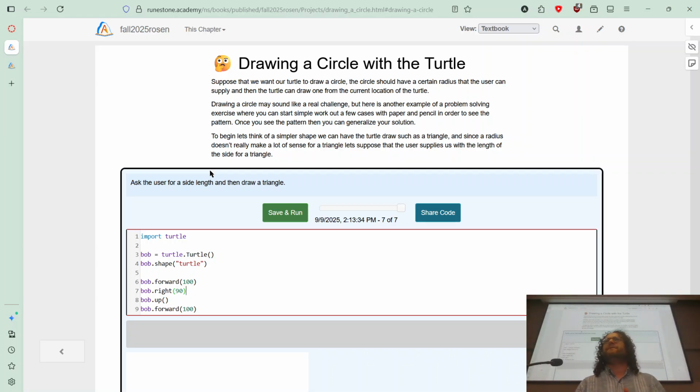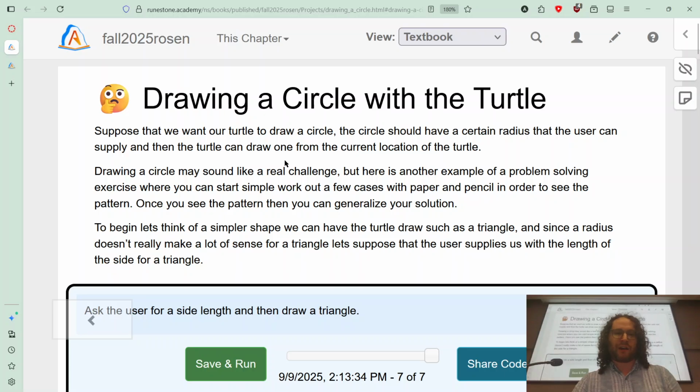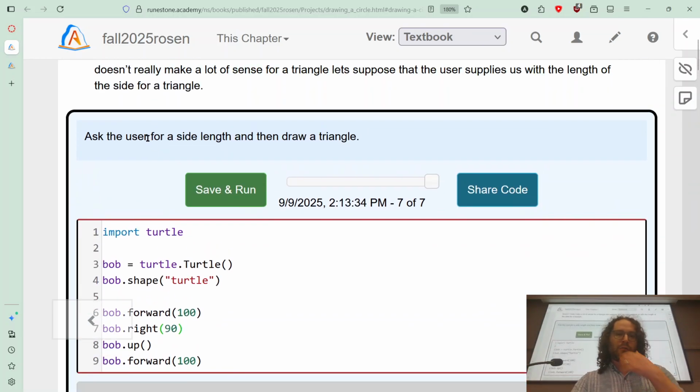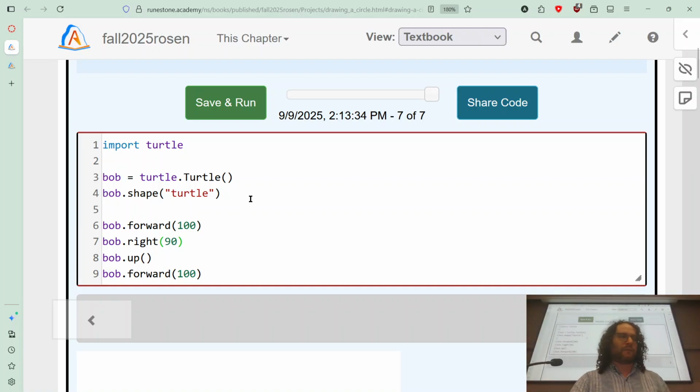that might not flow naturally, because you don't normally think of how do I turn a shape into a circle. But we're going to start out simple, which is our objective right now is to draw a triangle, okay? We're going to ask the user for a side length and then draw a triangle. What do I mean by that? We're going to ask the user using the input statement,